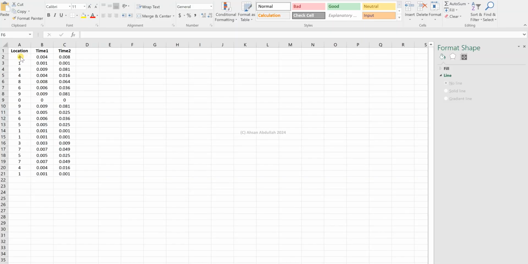We discovered something at location 4, and this is the time with algorithm 1, and this is the time with algorithm 2. Then we discovered it again at location 4, the time remains the same, and discovered at location 0, so the time is 0 for both algorithms. Discovered at location 3, the time is 0.003 seconds, and the time is different for the other algorithm. So we want to plot a chart which shows us